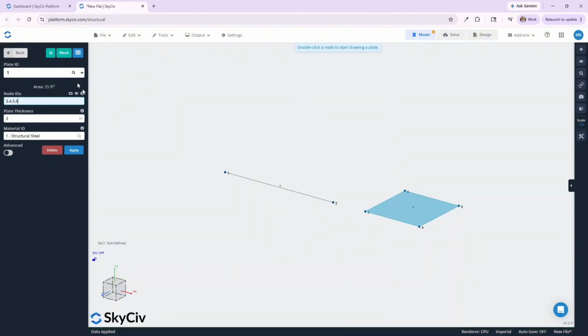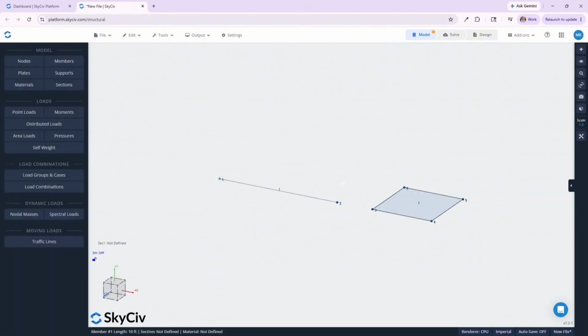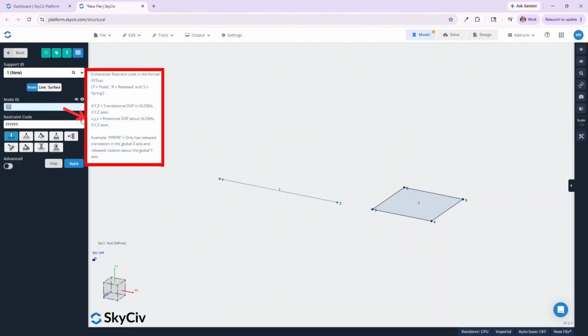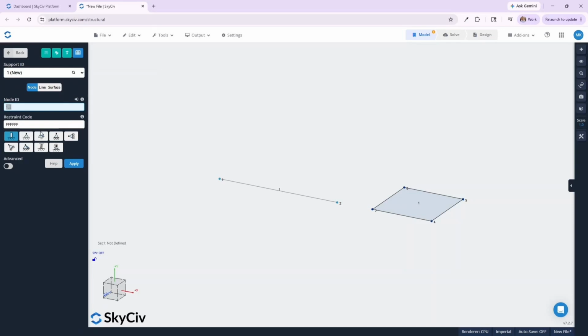Next, add supports so the structure is restrained. Supports can be applied as nodal, line, or surface supports from the Supports menu on the left. In the restraint code, the 6 characters represent translations in X, Y, Z, and rotations about X, Y, Z. If you're unsure, hover over the info icon to review the format, or use the quick select support buttons for